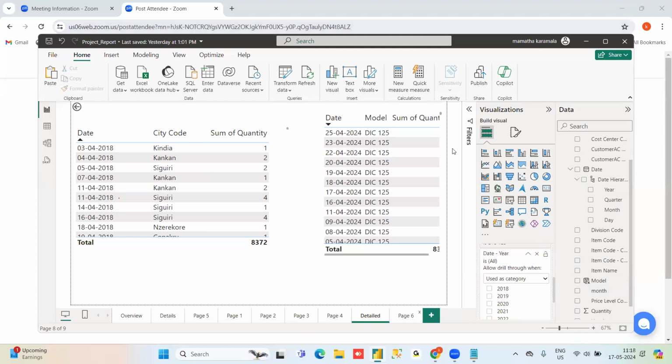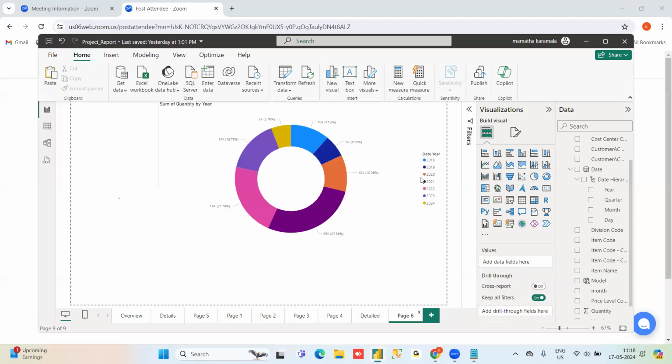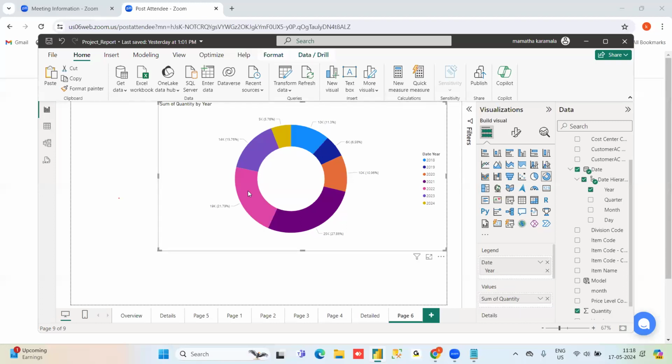Page 6. Right click. Why is my mouse not showing right click? If you right click, you will get a drill through option. But something is not working in my mouse.